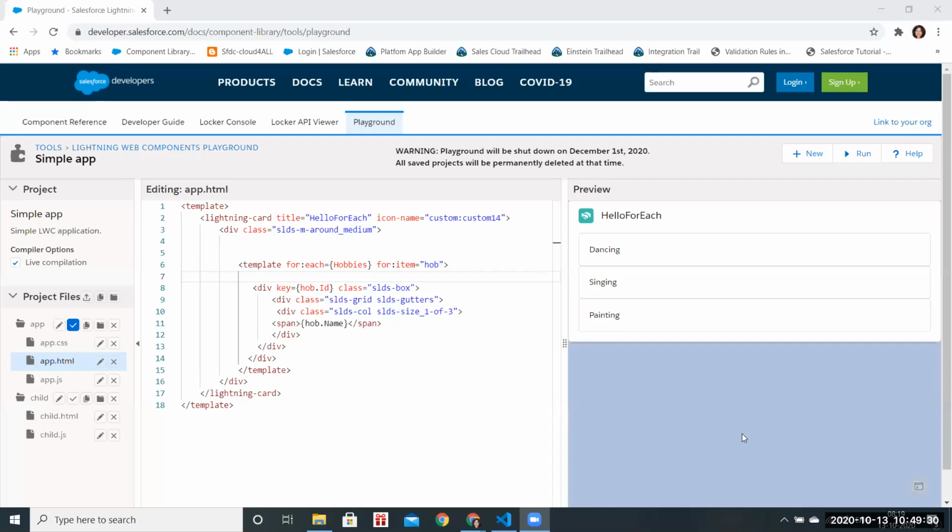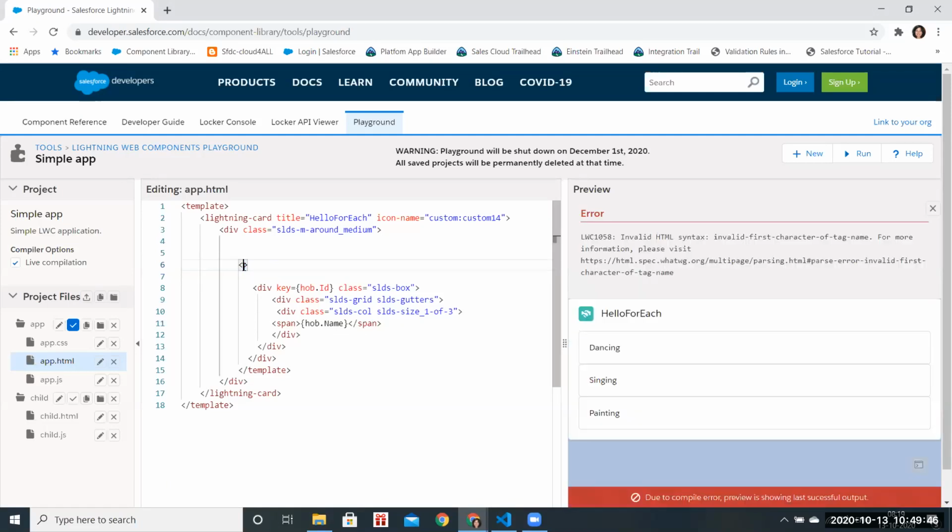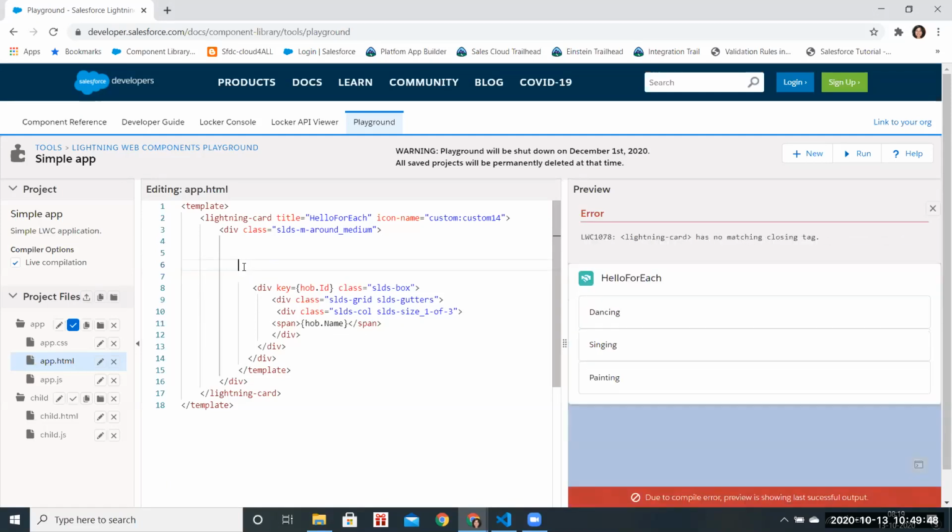Without a for loop, I want to see, Smriti, if we can just show these values. Try whatever you want to try. Go ahead. If you can, remove the template and the div. Remove it, the div as well. This also has to be removed. This whole thing has to be removed, right?